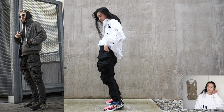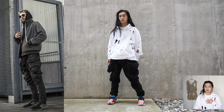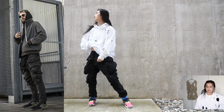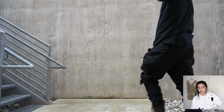Visual noise wise though, the hoodie definitely holds its own, just by itself without any layers, because look at all the rips, there's no chance of the upper half looking too plain compared to all the noise at the bottom half. But I do think that maybe the shoes are again too light here. It's honestly not the worst because they're so noisy, but yeah, once I take the hoodie off and